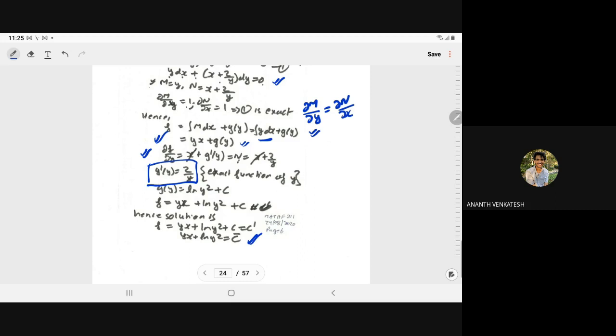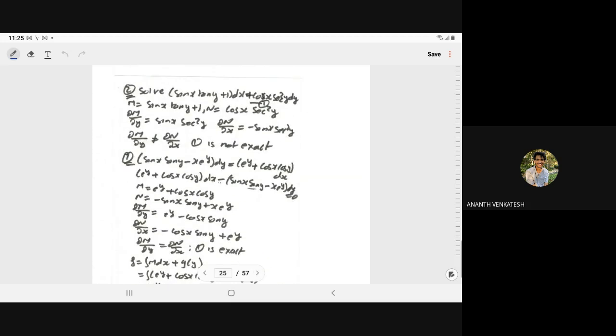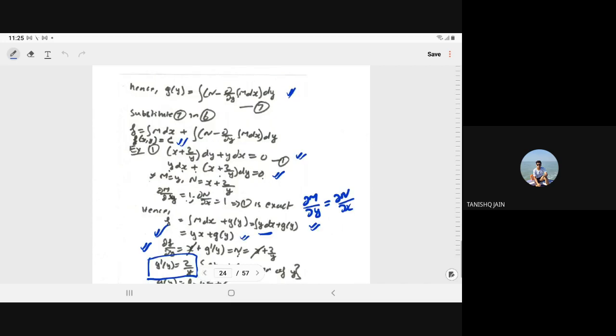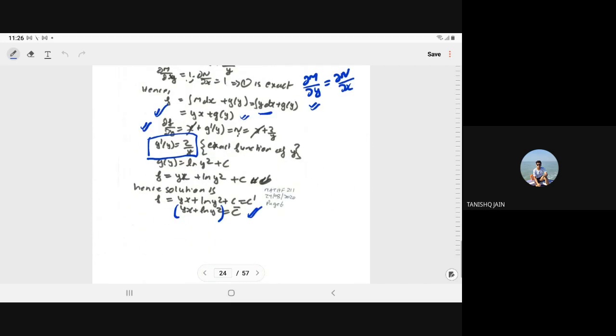Here we have an exactly integrable equation. It means if you differentiate this function, you will get the given equation equal to 0. Yes, the main objective is to prove that d of f is equal to 0, so that we have the direct integration or direct solution f is equal to c.